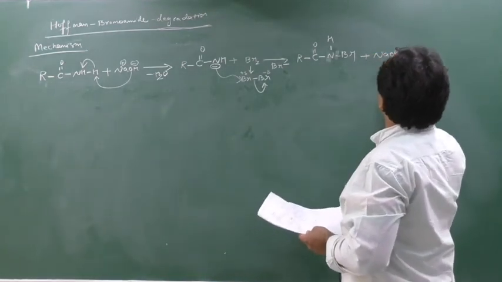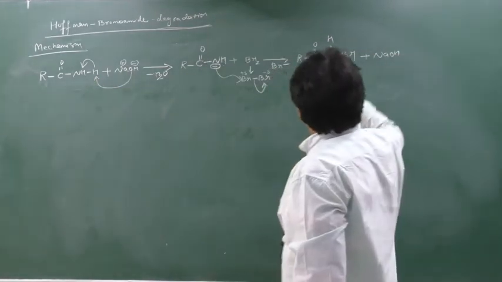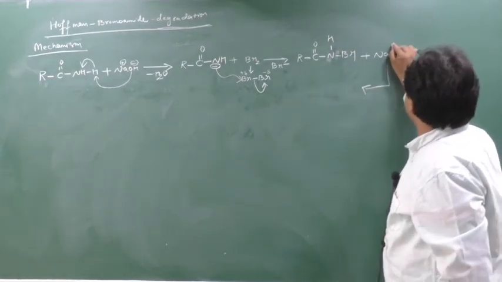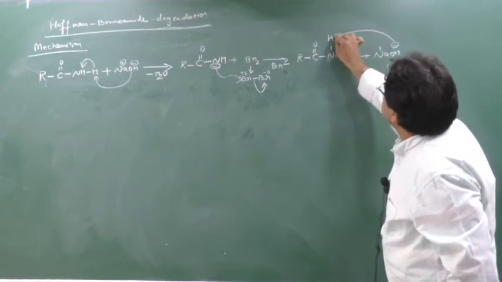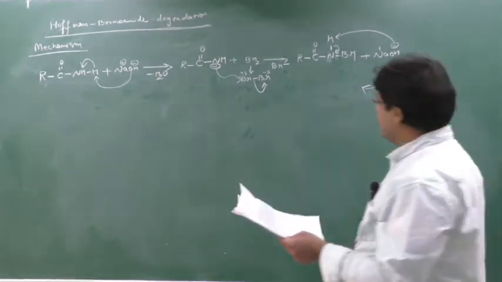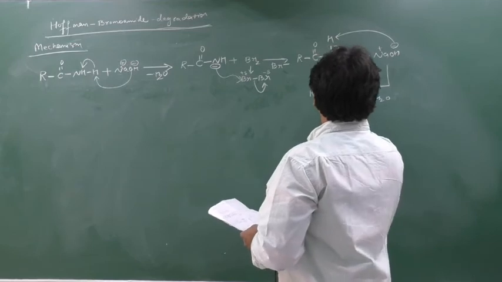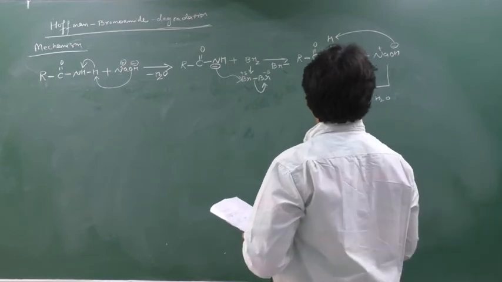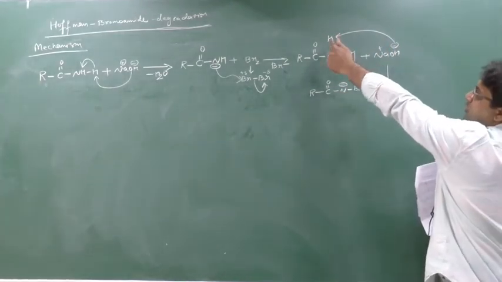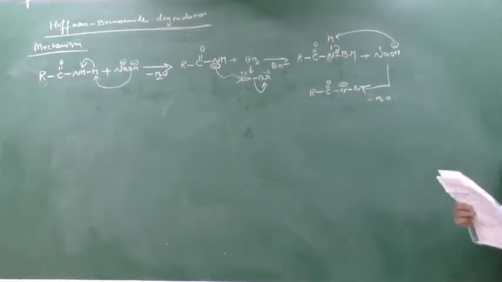Now once more NaOH will come. Why? Because this is again an acidic hydrogen. To remove the first acidic hydrogen NaOH came, and again I have to release this acidic hydrogen, so another NaOH will come. It will generate a minus here and a plus there. This minus will react with this hydrogen. So H2O will be released, and here you will get R, C double bond O, N, Br, and H is released as H plus. OH minus forms water, this H releases as H plus, so nitrogen will have a minus. So this species will be generated.